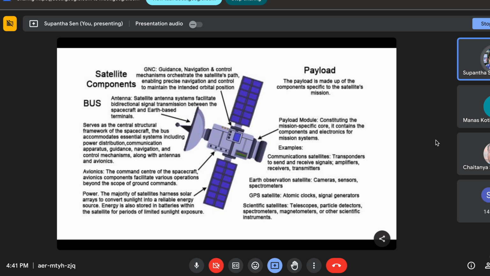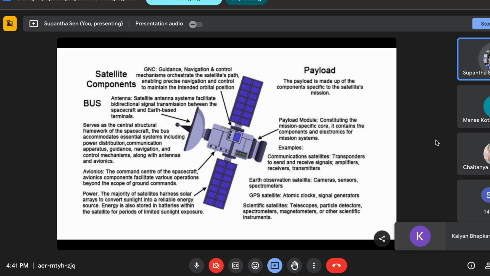So the satellite doesn't have a ground either, because you don't have an earth. Generally, electrical or electronics students will know that whatever happens, you will have earthing to protect any object, but here you don't have it. So how will you do it? This requires very vast engineering skills. So these are the basic subsystems of satellites.